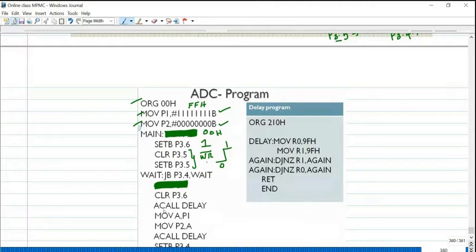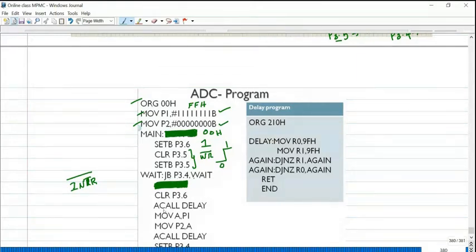Once the conversion is completed, how do we know? We have to read the INTR status. That INTR pin is connected with port 3, fourth pin, P3.4. So JB P3.4, comma, wait.